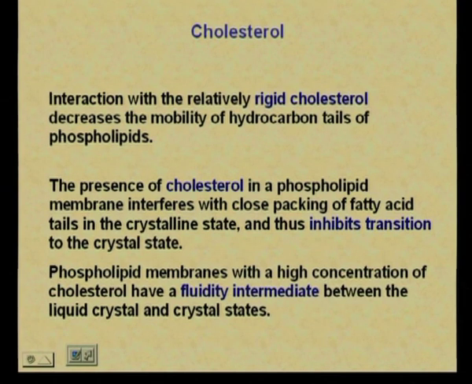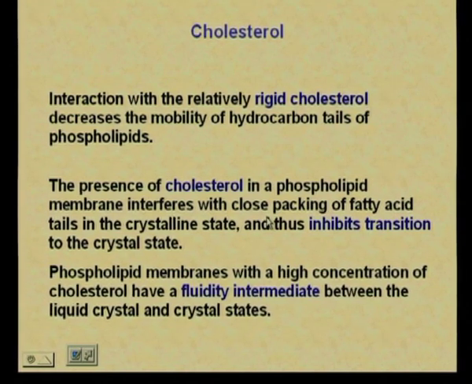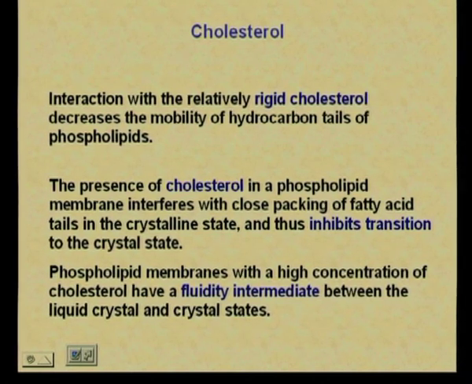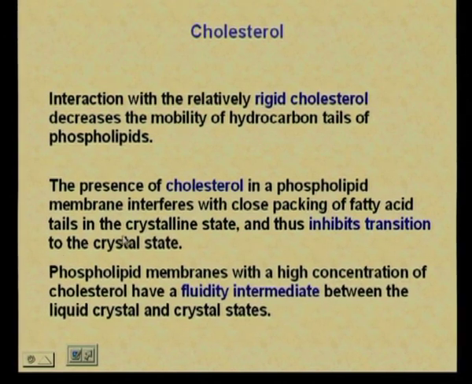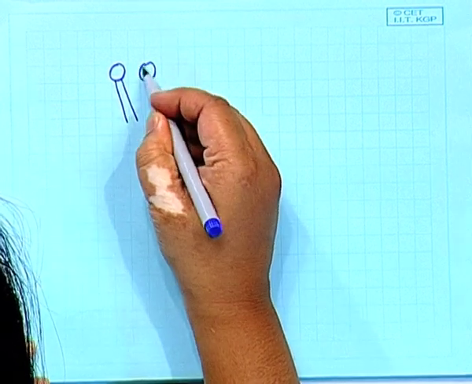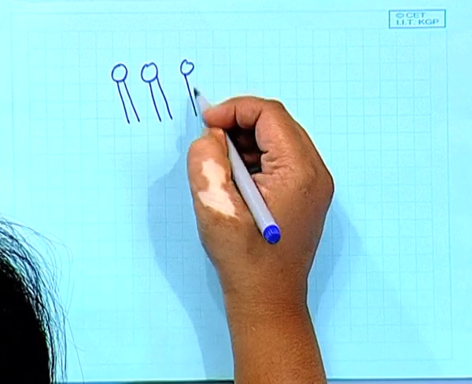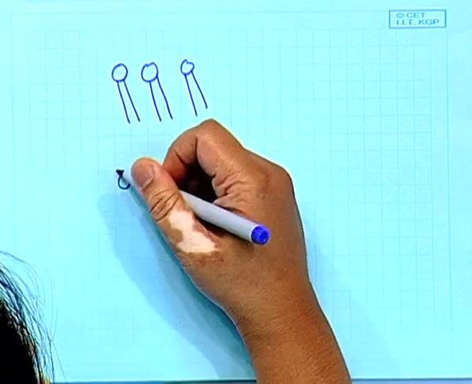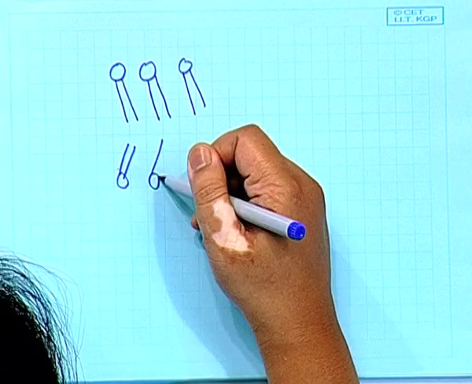But the presence of a cholesterol in a phospholipid membrane interferes with the close packing of the fatty acids. So, normally the way that the fatty acids would be packed would change with the presence of cholesterol. Remember, I showed you in the first one of the slides that I showed you in the beginning, we have perfect orientation. If we had a single type of phospholipid attached, we would have, say, a perfect orientation to